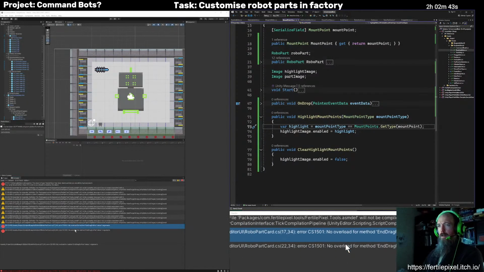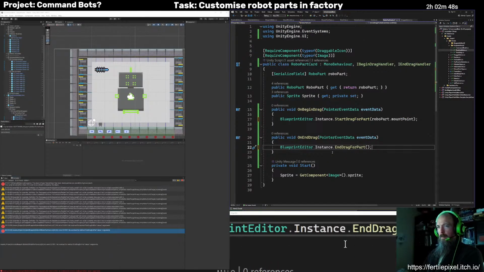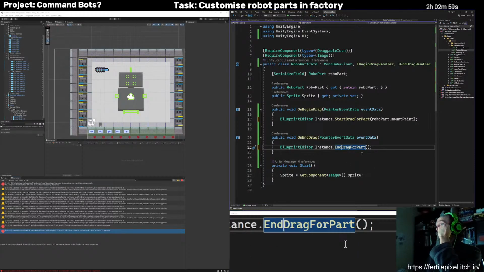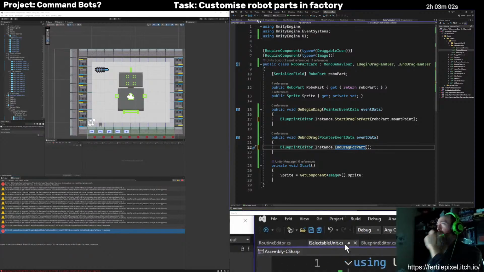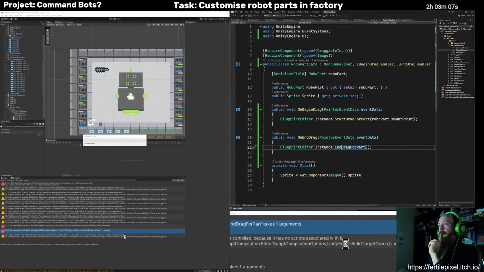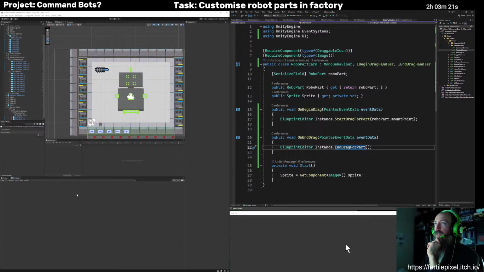No overloaded method takes an argument. Is this just that I need to do like save all? I think I might have just had some unsaved changes.